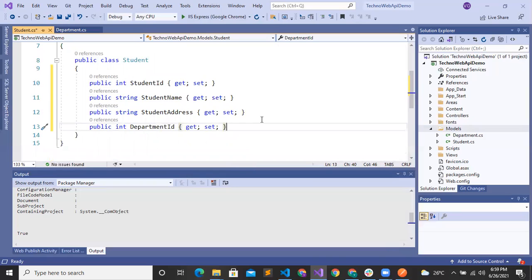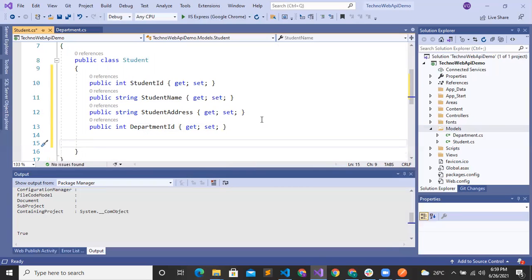Now we have to add a relation to student for department.